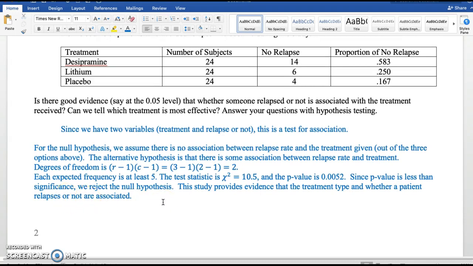All right, so kind of looking at here, we have an answer to the first part. There is an association, or we have evidence that there's an association between treatment received and whether someone relapsed or not. Can we tell which treatment is most effective? Interesting. So I want to create 3 hypothesis or confidence intervals. So let's create 3 confidence intervals